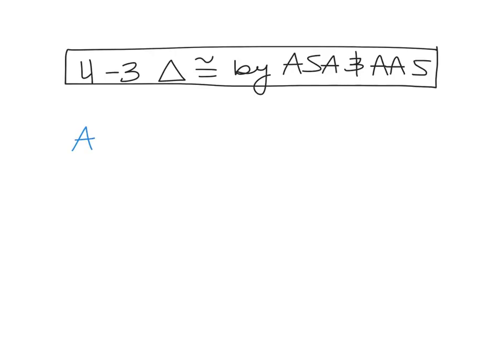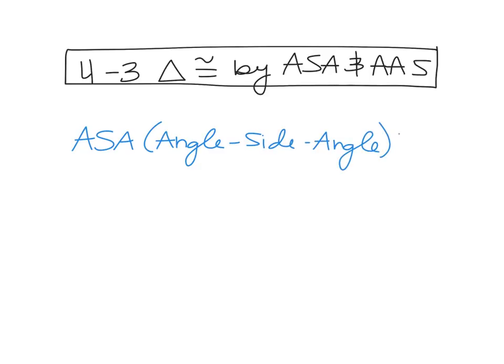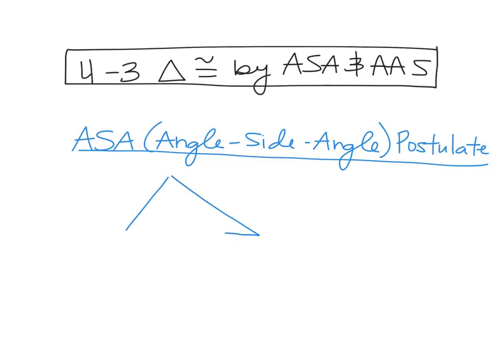So first one we're going to talk about is ASA, which is angle, side, angle. Okay, so like I said, just like SAS, on this one, that S has to be the included side, which maybe looks a little different since we were talking about an included angle before, but they really are the same idea. So if this is triangle ABC, and this is triangle LMN,